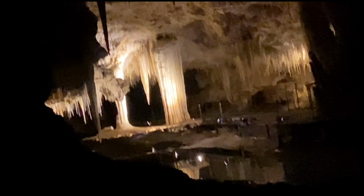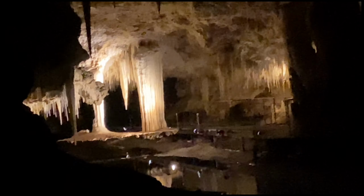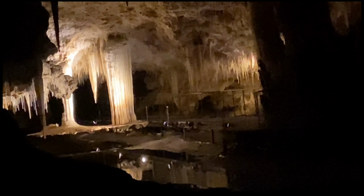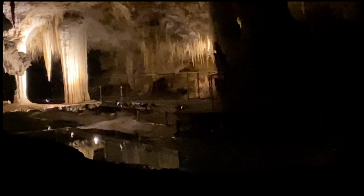So there are over 100 known caves in this Capes region, but only a few are open to the public. We take care of Ngilgi up in the north. It's got a really beautiful Indigenous Dreamtime story linked to it. There's Mammoth a few